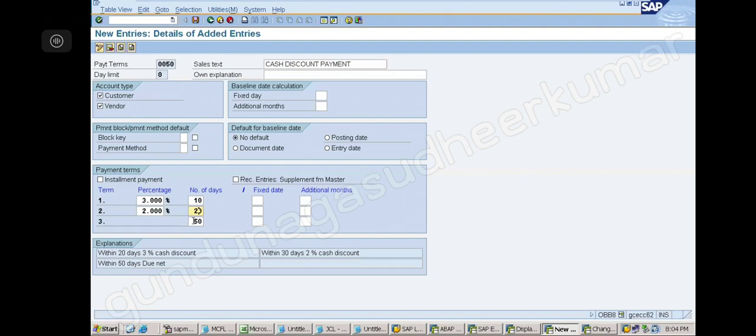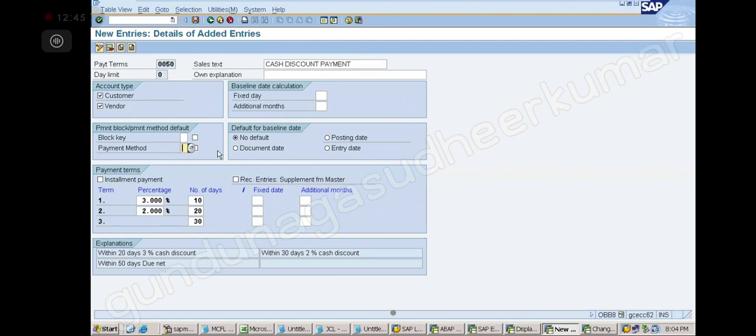Sir, you said that you will explain today about the block key and payment method. Yes, payment method means what? Method means, through bank or customer, to make the payment. Now we have so many payment methods. I can pay through cash. I can pay through check. I can do online transfer. Or Google Pay, Phone Pay, so many pays we have. Which method I am using, that is the payment method.